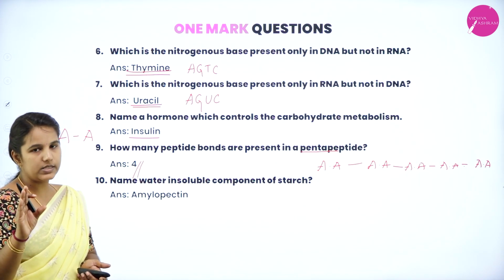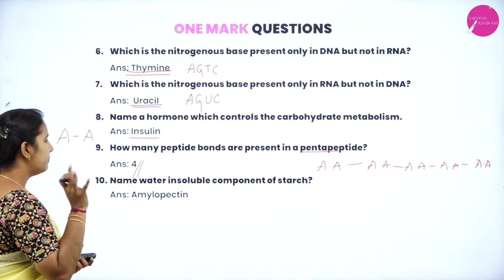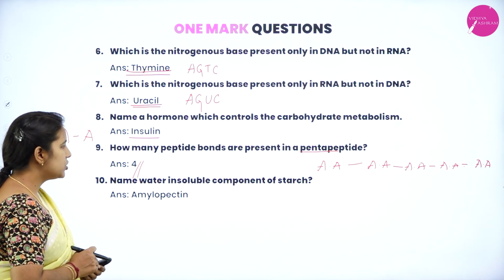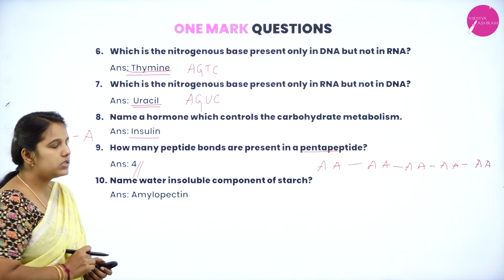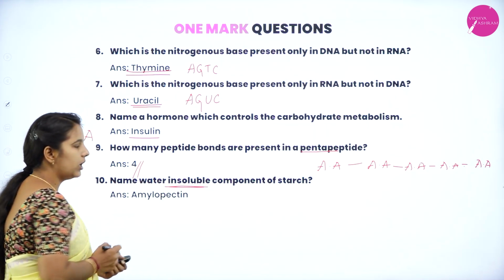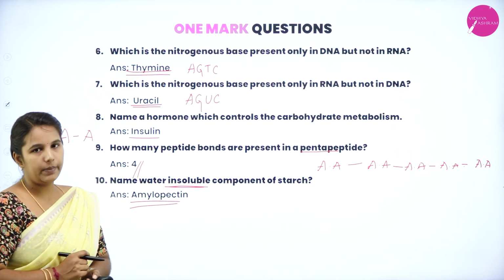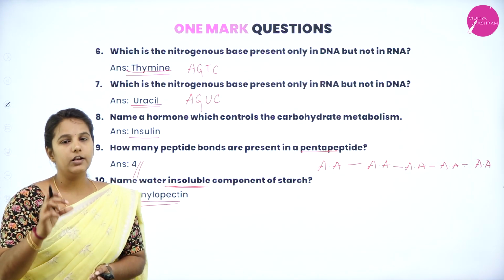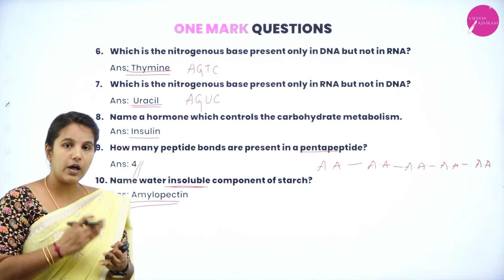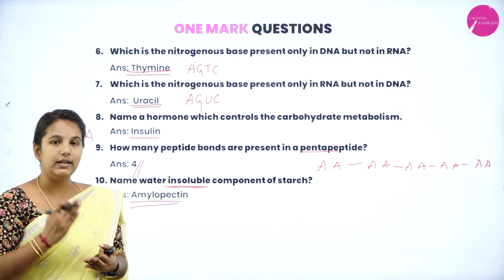Between the 5 amino acids, only 4 peptide bonds will be formed. Next question: name the water insoluble component of the starch. If you see the starch, we have a water insoluble component also, and that is known as amylopectin. So, these are the types of questions which will be frequently asked in part D, which